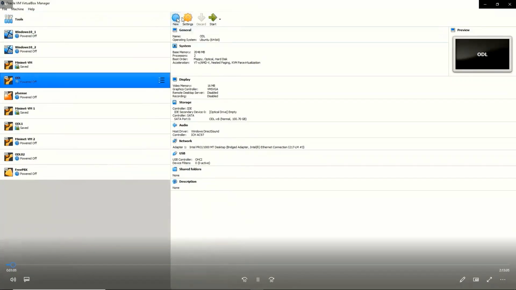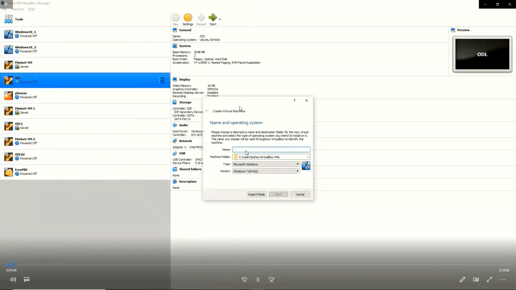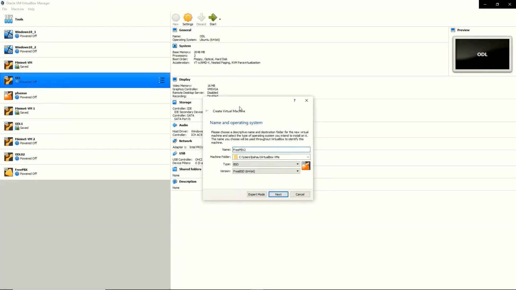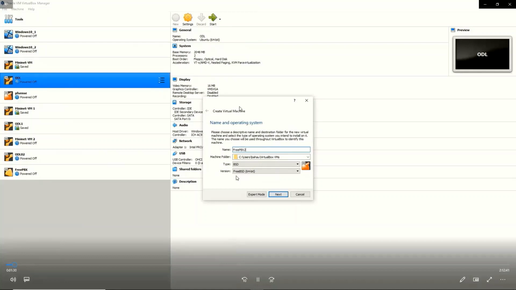So we need to go to the new and then give the name of the second FreePBX, like the FreePBX 2, and then like the FreePBX 1 we configured, we install and configure it. So we need to change the type and the version. And then when you are done configuring and installing the FreePBX,